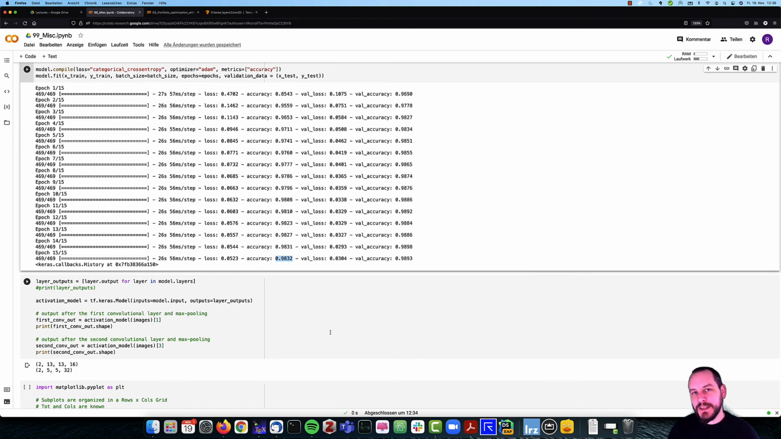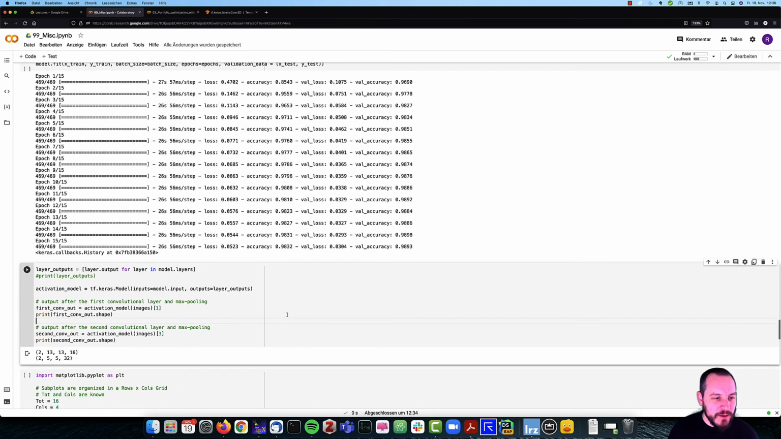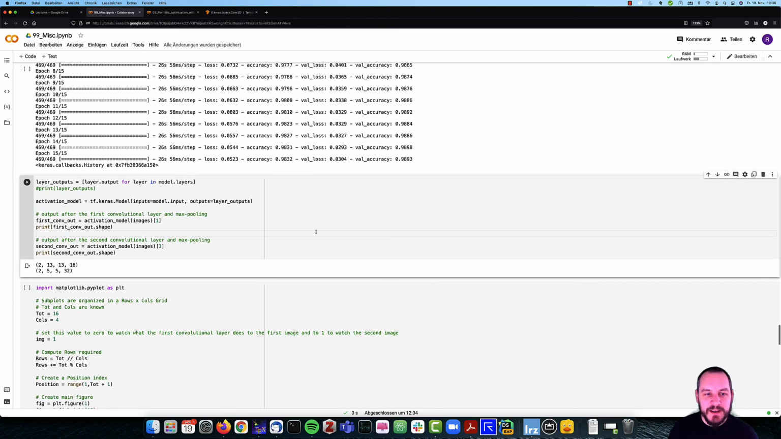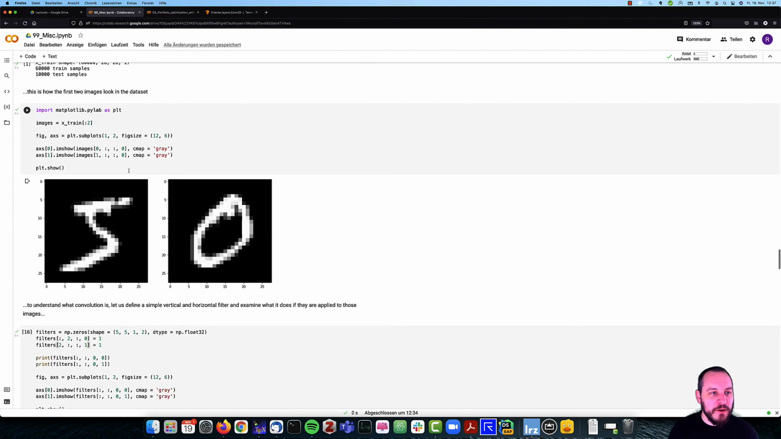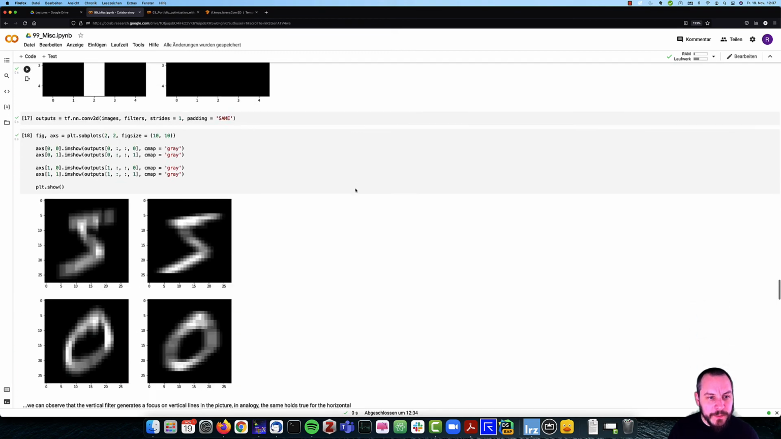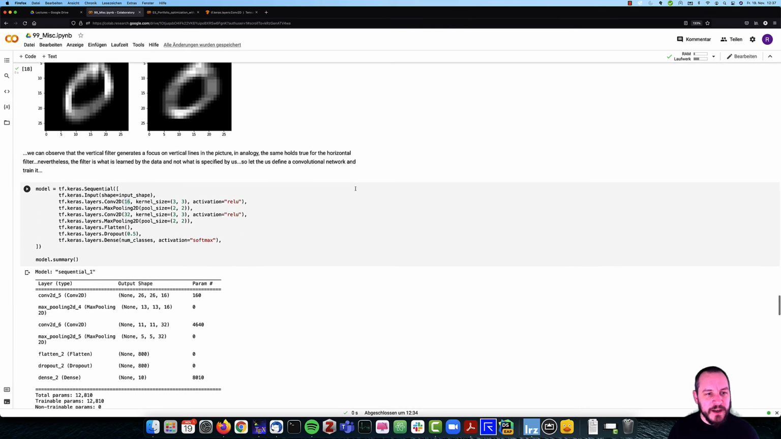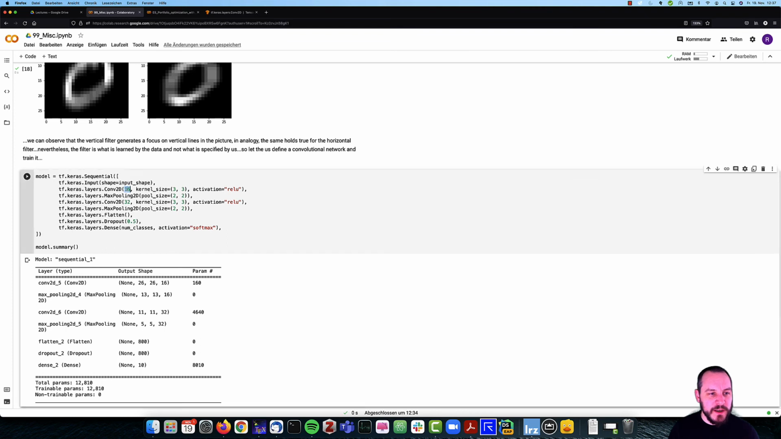Now we have the basics of convolution, but there's one more thing which I always find really interesting and consider to be kind of a highlight, because we can visualize, of course, what happens during convolution. So here we have how our computer sees the pictures in the beginning, and now we can take a look after the first convolution, for instance. So here 16 times our original picture has been convolved with a certain filter, and now we can take a look how each